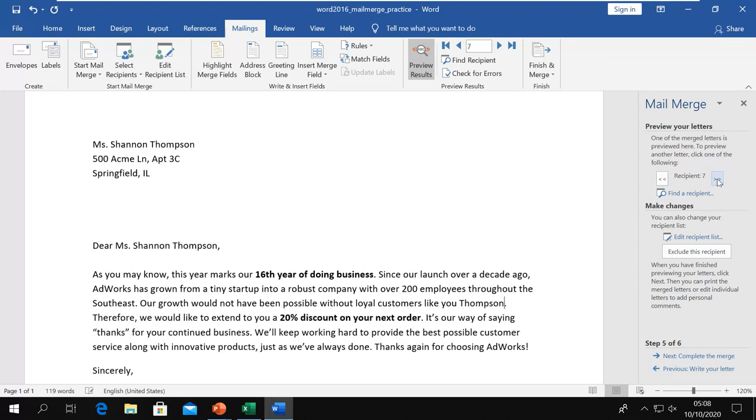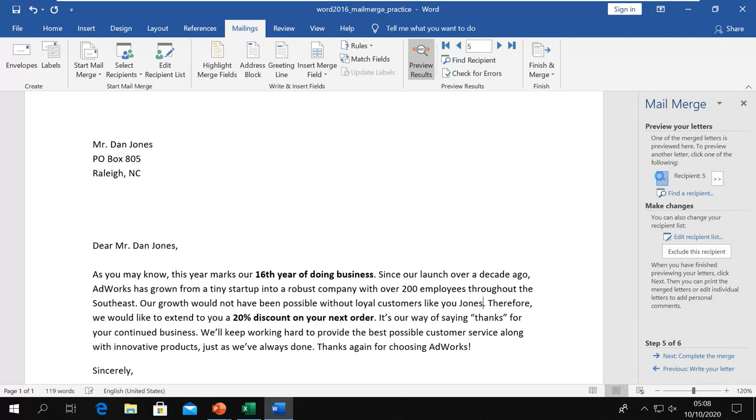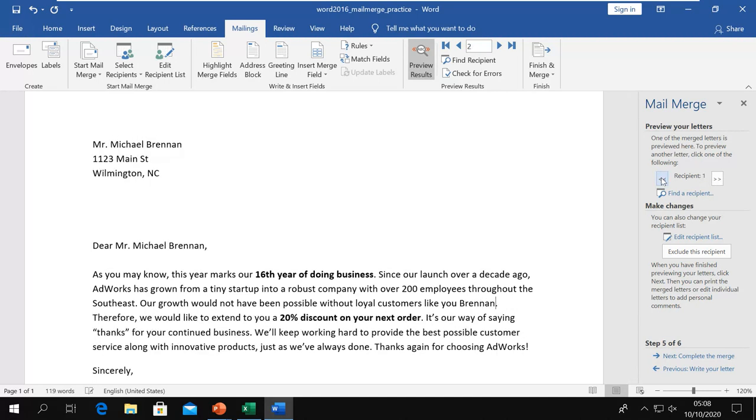You can click next, next, next, and see how it is appearing. If it is not showing a recipient, you can find the recipient, or you can edit the recipient list and exclude some of them.